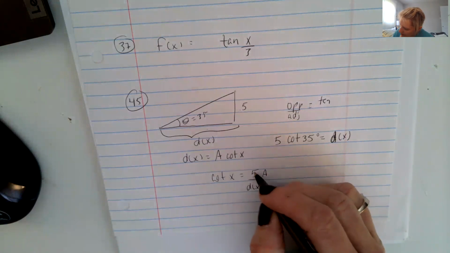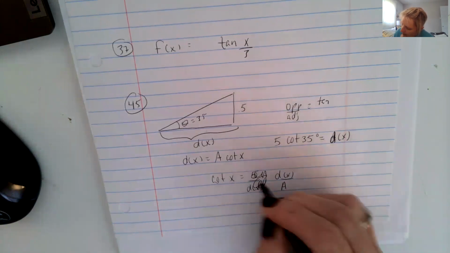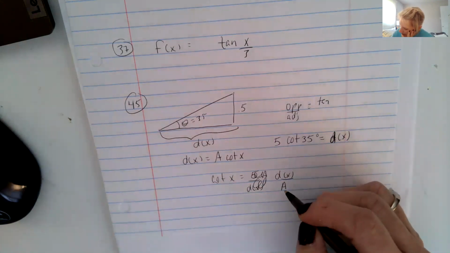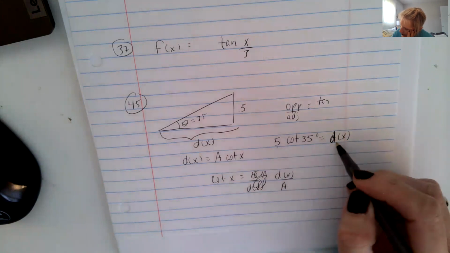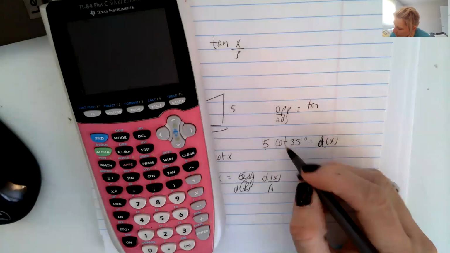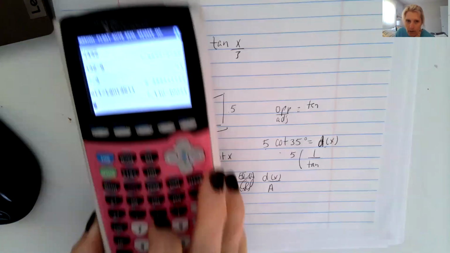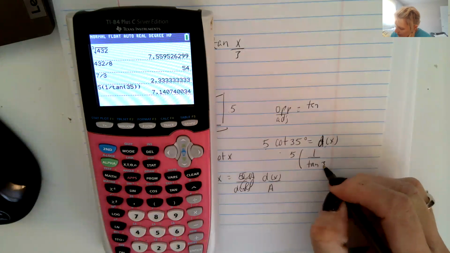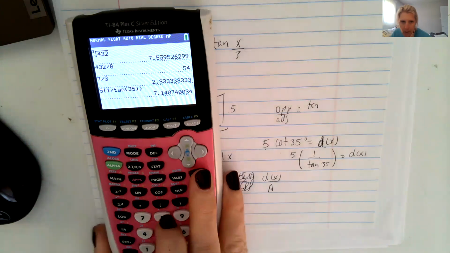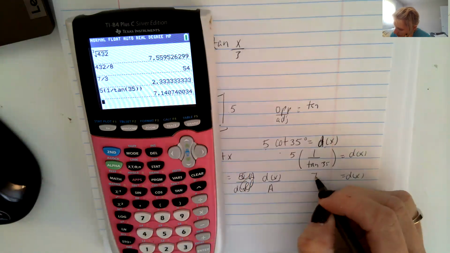The cotangent is actually d of x over a. That's why a times cotangent of x equals d of x. Sorry about that. And we know a is 5. We don't know the length of d of x along the base. So we can take 5 times the cotangent of 35. So 5 times the cotangent of 35 is the same as 5 times 1 over the tangent, because we have to use the reciprocal here, of 35 equals d of x. Oh, and I already put that in. So 7.14. So that distance is 7.14